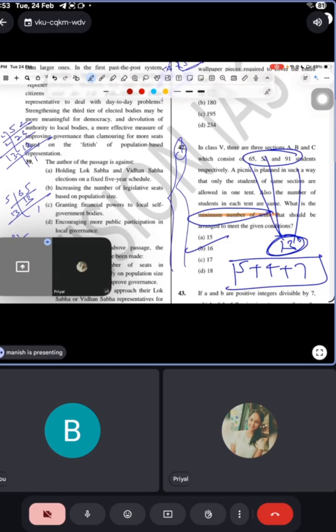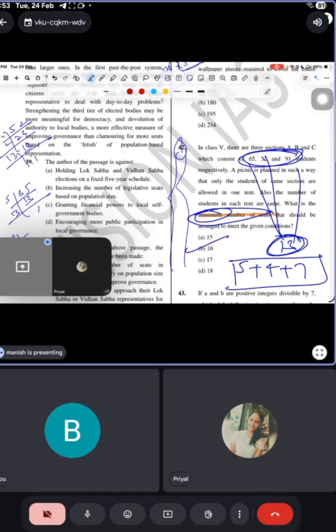What is the concept saying? The concept is saying that these are the kind of students. Now they had to be arranged in such a manner that there should not be an extra, and each student should be in the same tent. It means the sense is factor here. You have to take the sense, Priyal, not the language. Otherwise you will get confused. You have to take the sense actually here. The sense is about what factor here. Factor means what? Highest common factor.